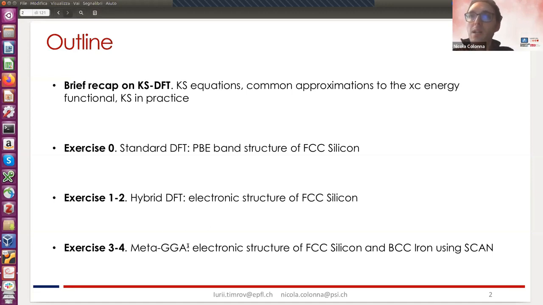And then Iurii will take care of the other two exercises, and he'll show how to run